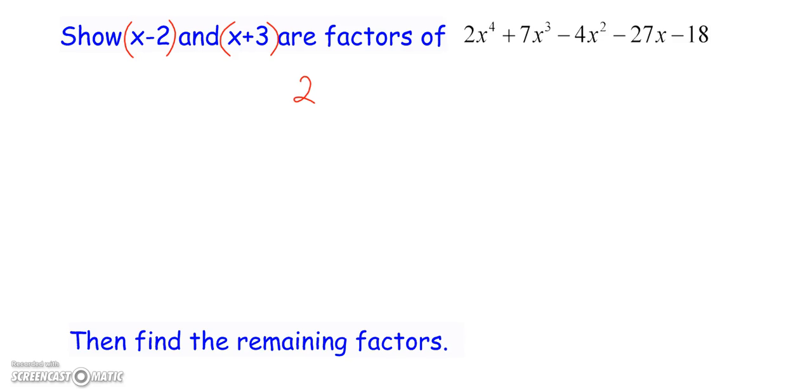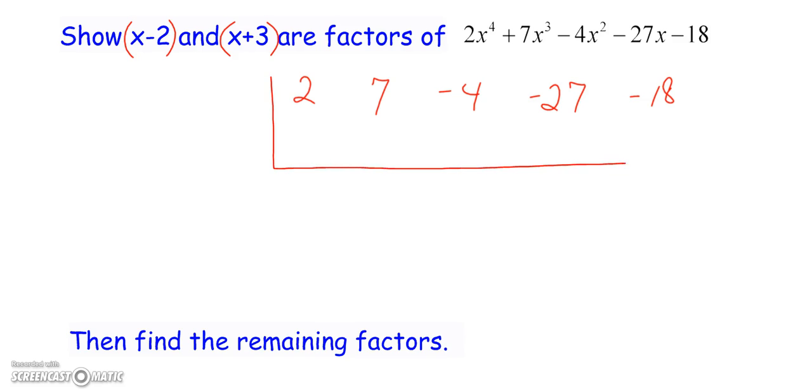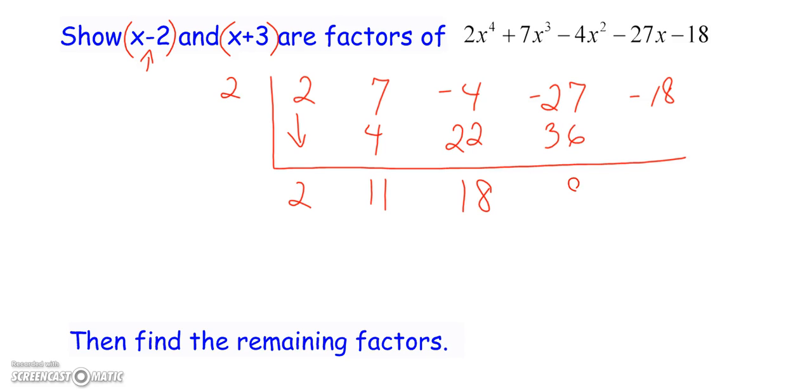So if you set up your coefficients, now the tricky part to this is you can use either one, the x minus 2 or the x plus 3 first. You must show both. So if we say let's start with the x minus 2, that means 2 is your value for k. You're going to bring down 2, you're going to multiply and get 4, you're going to add, get 11, you're going to multiply, get 22, add and get 18, multiply to get 36, add and get positive